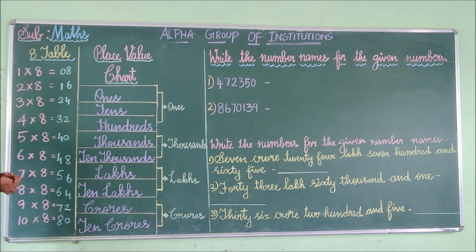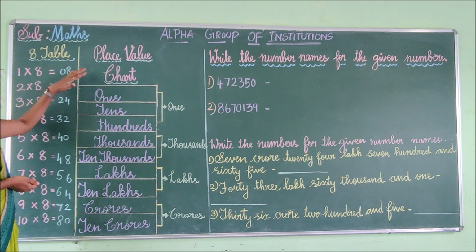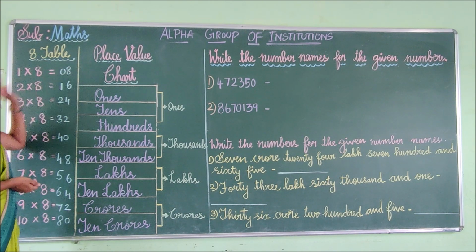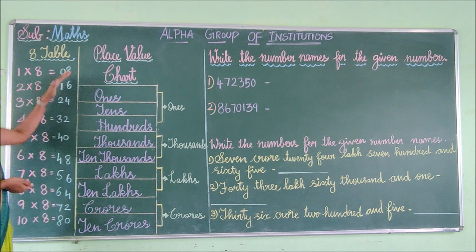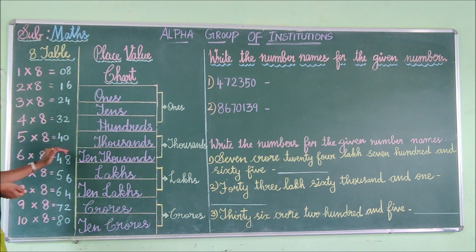Okay children, have you understood? Just we have split into 2. Up to 5 I have taken first. So 0, 2, 4, 6, 8. These numbers come in the 2 table. First you have to fill the same, and you have to fill here also. Next, start from 0 and fill the numbers 1, 2, 3. So up to 4 you have filled here. Again you have to start 4. 4, 5, 6, 7, 8. So this comes as the 8 table.